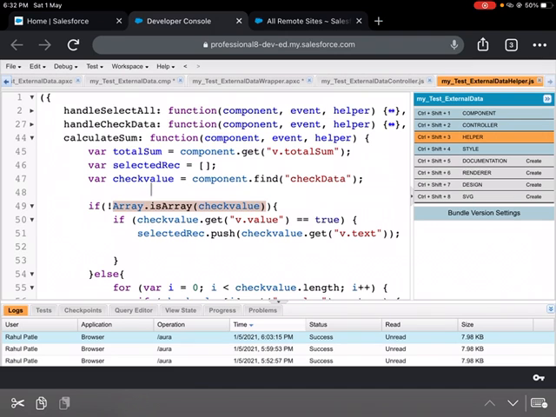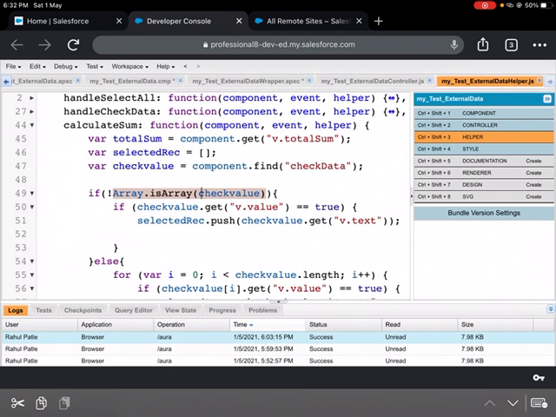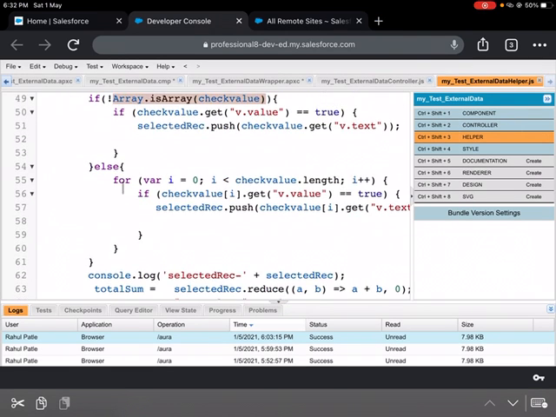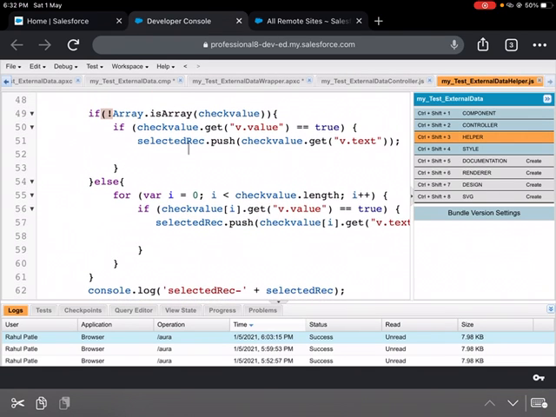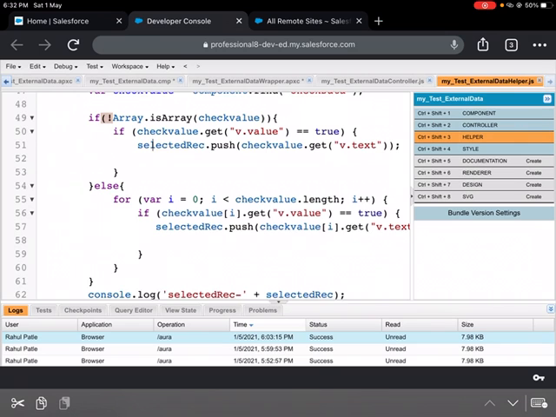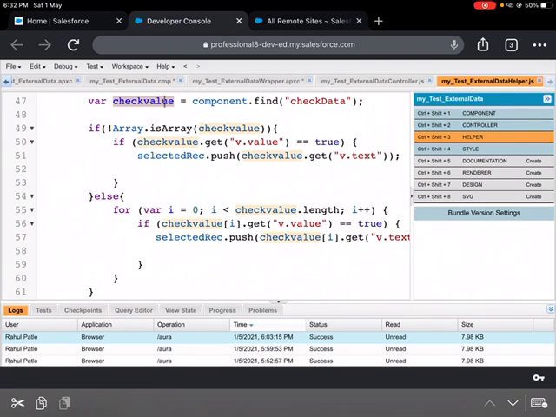I'm putting a not here, because if it is not checked, I want to set it as true. So for each array in check data, I will get the array of records, and for every record I'm checking whether the value is true or not.